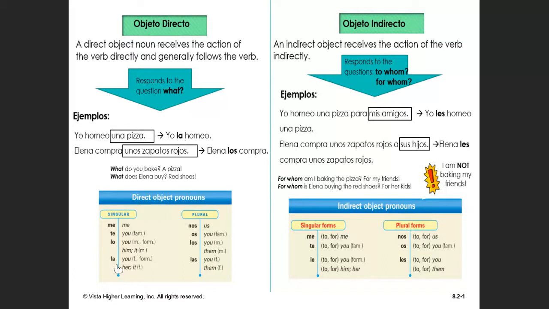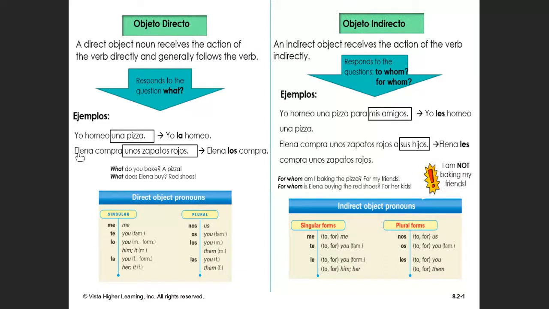And we know as well that the pronoun will be placed before the conjugated verb, okay? Yo la horneo. The same thing is going to happen all the time. We have to make sure to put that objeto directo in between the subject and, most importantly, before the conjugated verb,